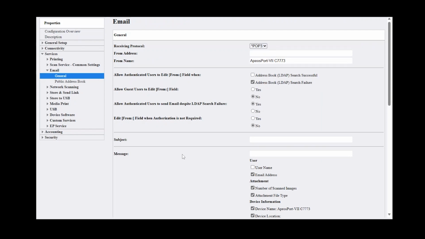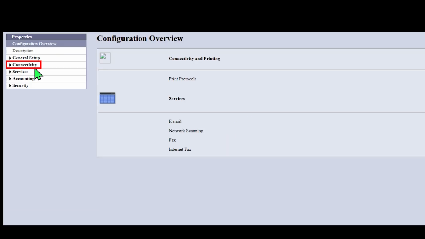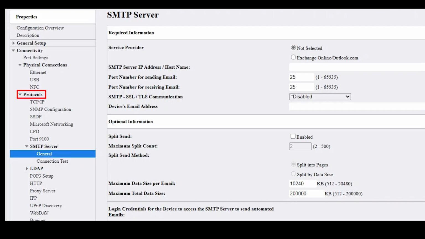However, when using an address that was set up for proxy transmission in the email app, it is not necessary to set these settings to No. Click Connectivity, Protocols, SMTP Server,